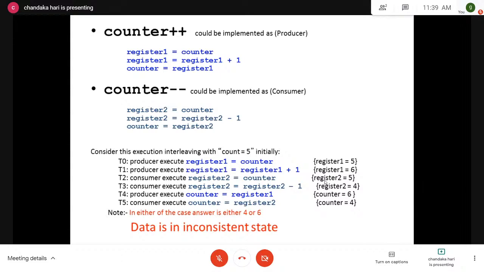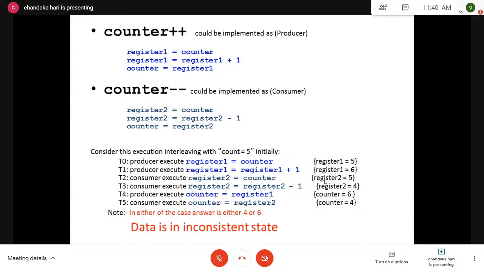Now, after the consumer has retrieved one item, what is the count value? Again it becomes 5 only. Why? Because initially the producer produced an item into the buffer, so it became 6, and after the consumer retrieved one item, it went back to 5. But what happens is that if you are not providing any security mechanism for this count, your answer is either